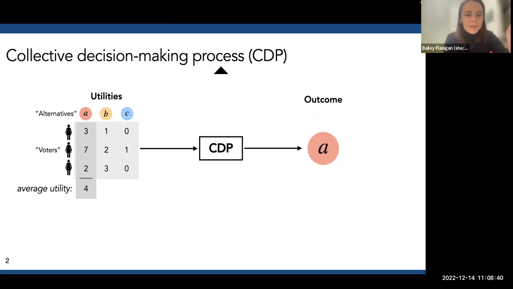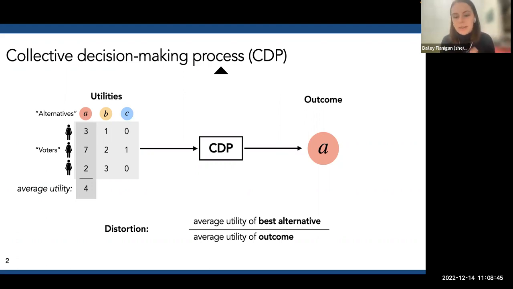Okay, and so then if we want to say, how good is our process in this example? We're going to look at the competitive ratio. We're going to say, what is the best possible average utility we could have gotten? And we're going to divide that by the average utility of the outcome that we chose. And this is probably the inverse of the competitive ratio that you would normally think about. If this is larger, things are getting worse. That's really just because of what is standard in the literature, and also the math will work out better. So just think more distortion, things are worse. And in general, we think about this competitive ratio as a worst case. So if we're evaluating a collective decision process, we're going to look at the worst possible input that could have happened in the process. Okay, make sense?